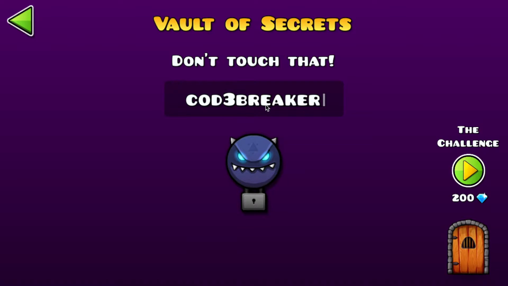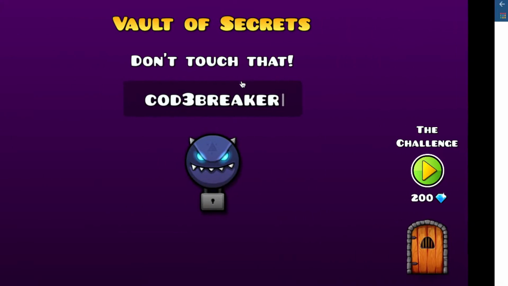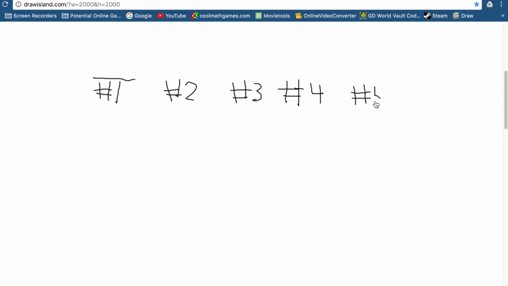Right before you click on the keymaster, you need to type this in, and then prepare something like this. So let me just see the area. You need to prepare just number 1, and then a blank like this, and then you can do number 2. This is really sloppy though, but it is what it is. And then number 3, number 4. You can do this on paper too. You don't need to do it in a draw application. I just pulled one up just for reference. So what you need to do is get 6 numbers ready. So #1, #2, and then all the way through 6, and then just put blanks on top of them.